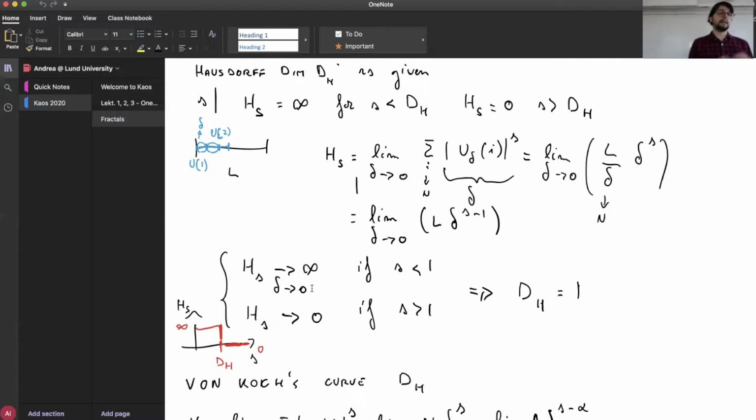And by studying the relation between the side of these boxes and the volume of the boxes in a dimension, you can find out the dimension of your object,